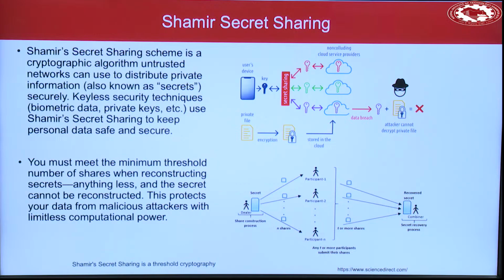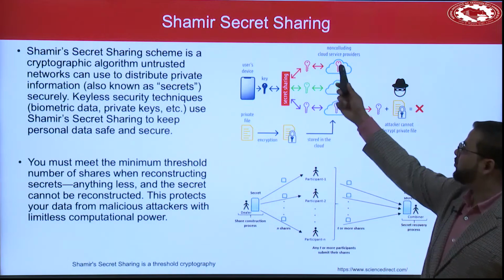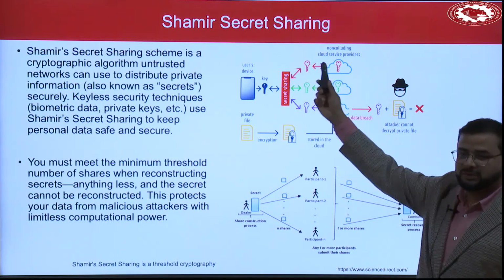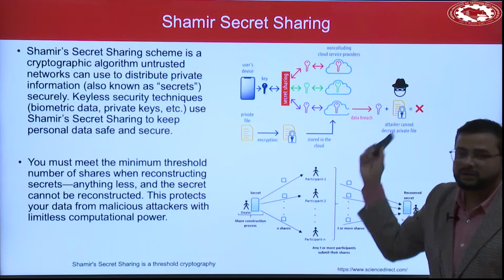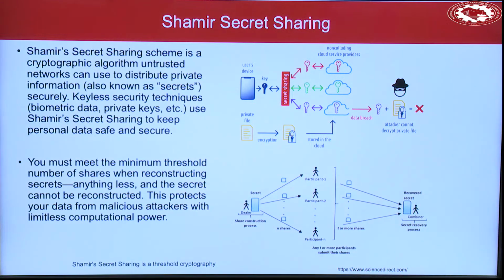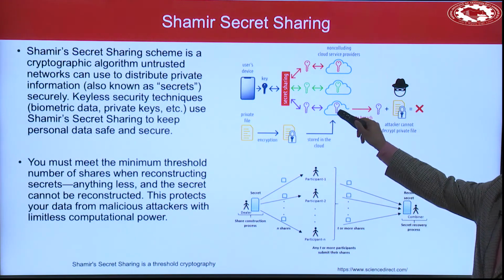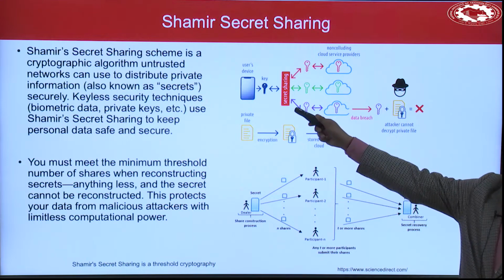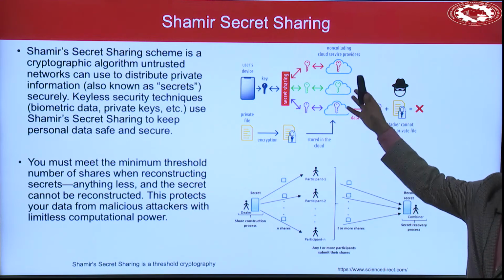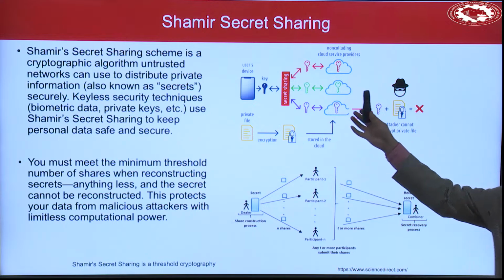What this algorithm allows us is to distribute the secret. You can divide the secret into parts and store those parts separately. So, in this example, you see this is the key. Rather than storing it on my device, I can store part of this. I can divide the whole key into 3 parts, and then store each part in different clouds. In the worst case, when there's an attack, someone hacked this, they can't get the key, because they are getting part of the key, but not the key actually, right?